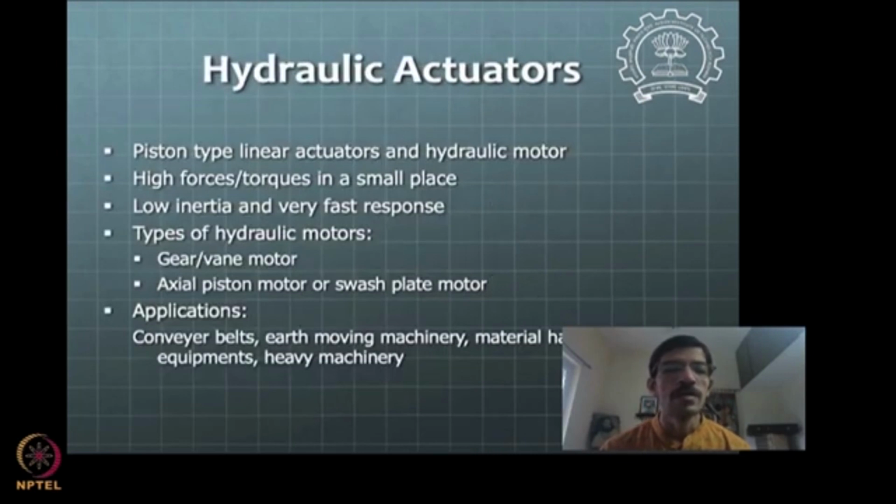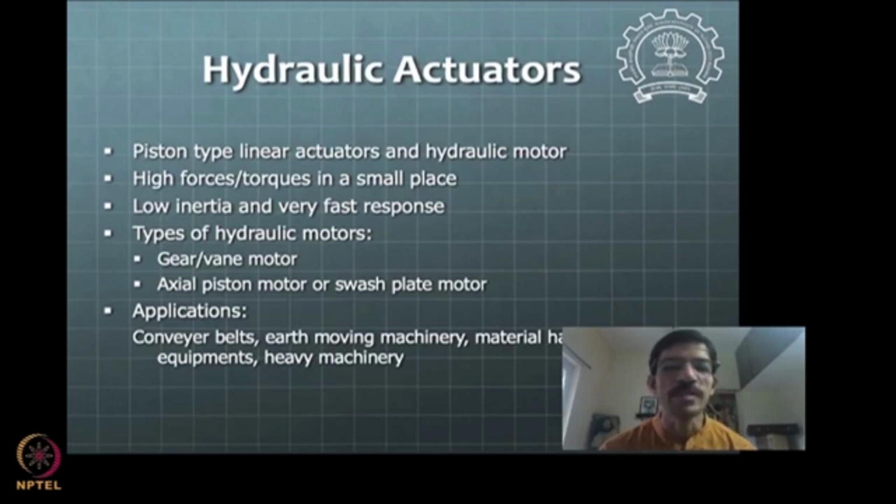Now we look at a little bit of hydraulic actuators. So in hydraulics you can have two possibilities. One is linear actuators, or you can have hydraulic motors also possible. Okay, so we'll see how hydraulic motors can be made to work. Hydraulic actuators would be useful in places where you need very high force and very high torque in a very small, compact environment. Okay, however, they are